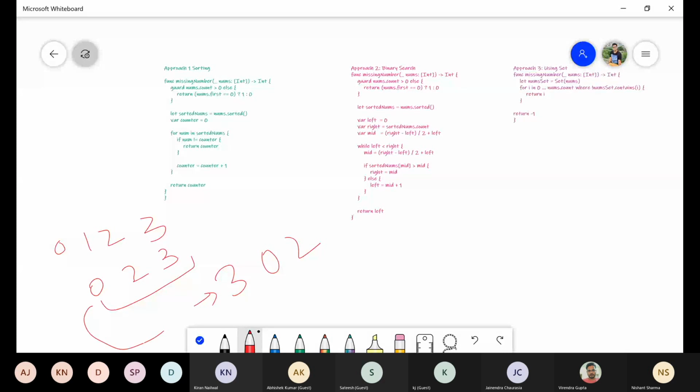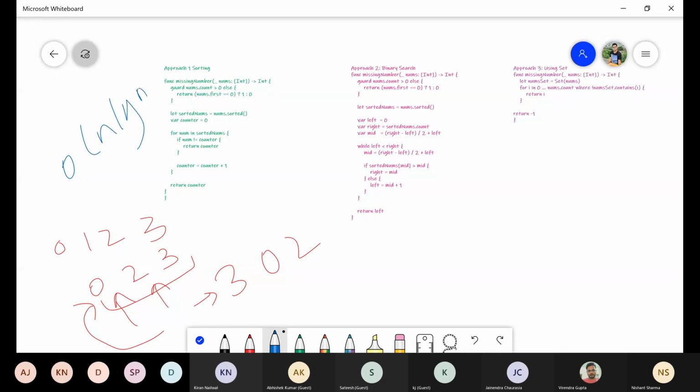Now I will just check the index. It should match the index. So 0 is equal to 0, yes. 1 is equal to 2, no. So we know 1 is missing in this array. That could be a way to find a missing element. With this solution, we first did sorting, and then tried to find out with the index whether a particular element is at the right index or not. If not, it means the particular element is missing from the array. For this solution, the time complexity will be order of n log n.